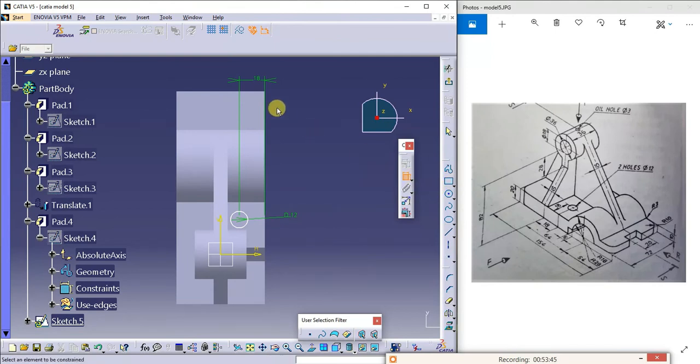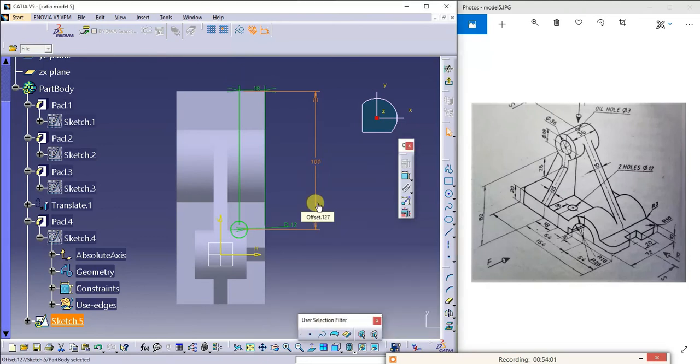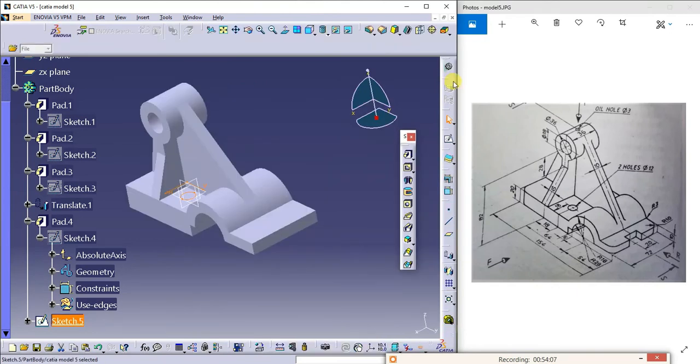So from here to the center of this is how much, 64 plus of 54 minus of 18, that is 100. Now I'll exit from this.